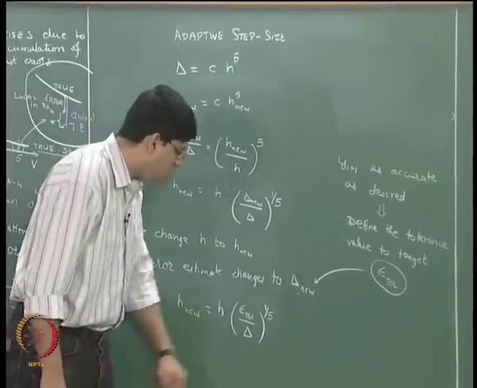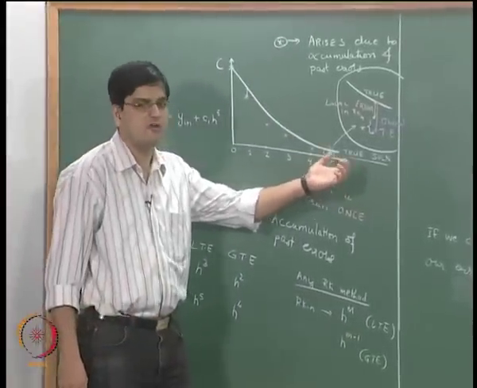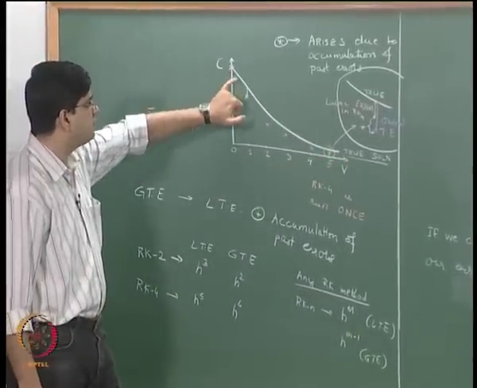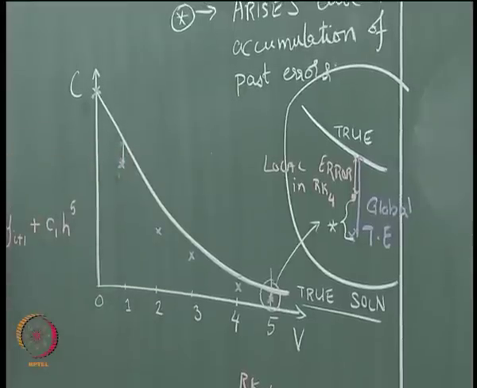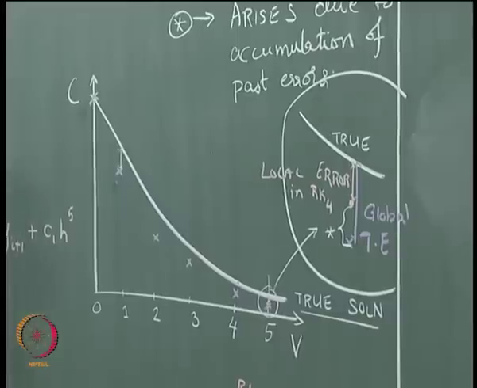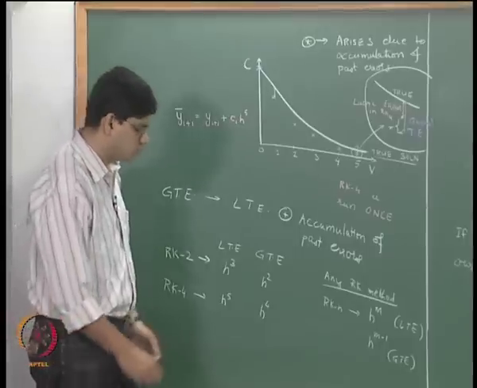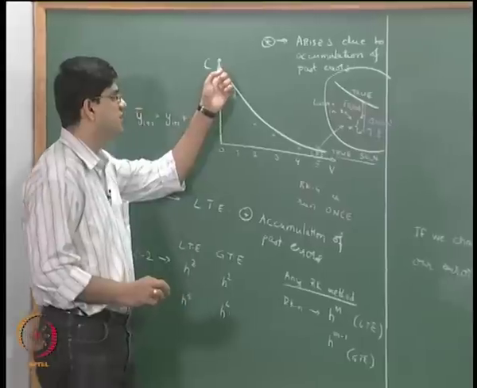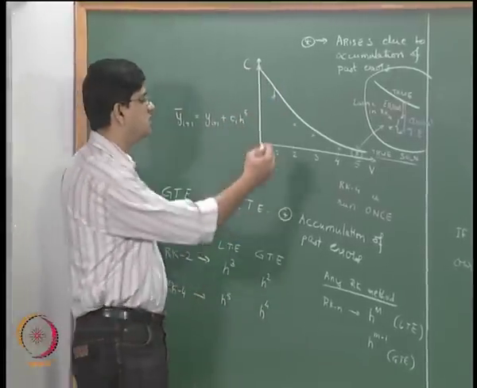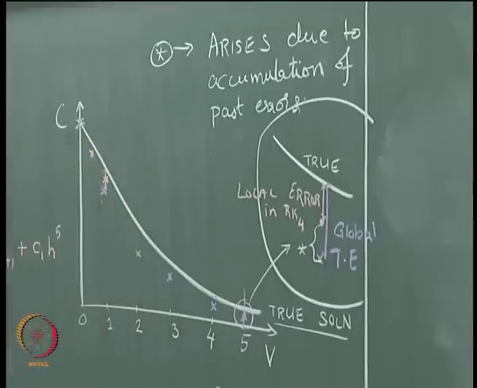So we can go back to the schematic we had drawn for the RK4 method. If this particular error is not acceptable to us, we first need to estimate it, because we do not know the true solution. So in addition to running this method using this step size, we will also run it using the h by 2 step size, and we will get these red crosses using h by 2.